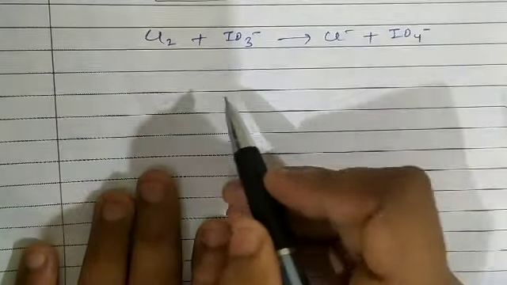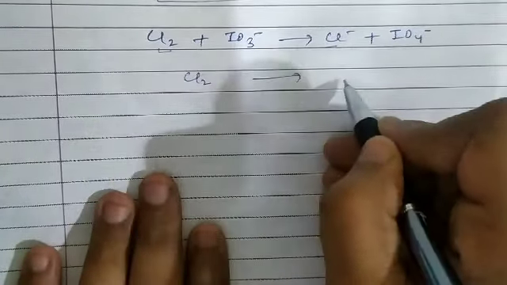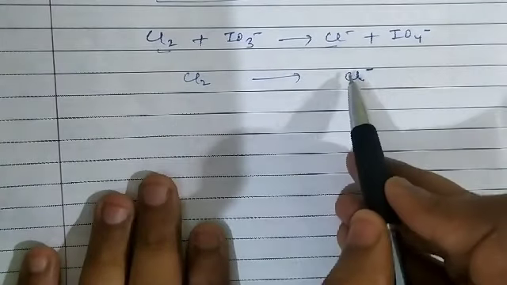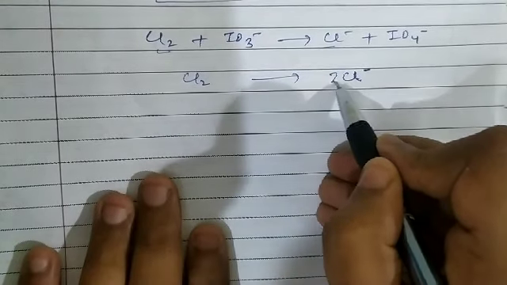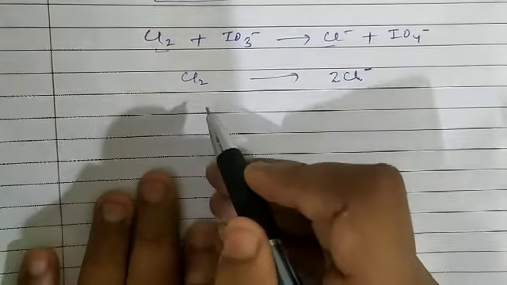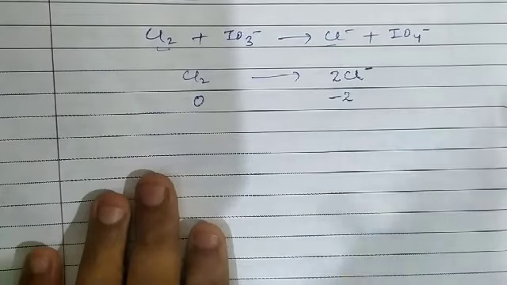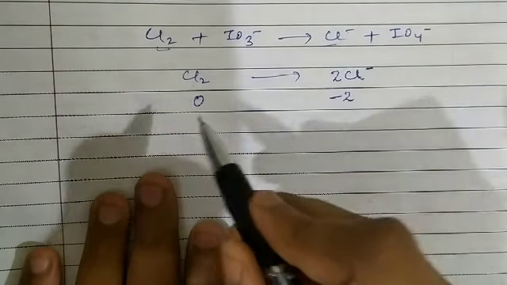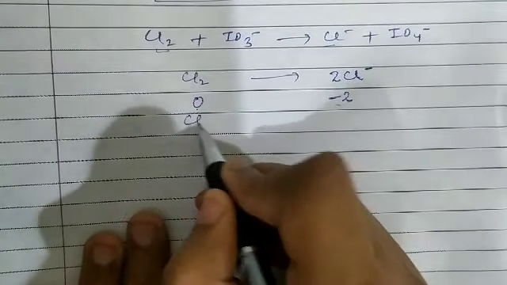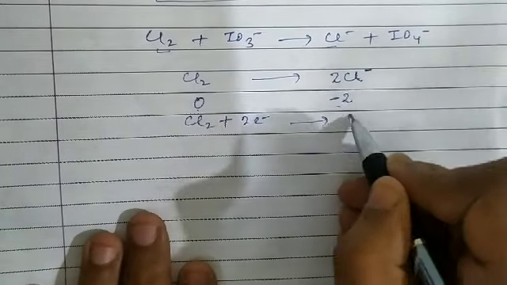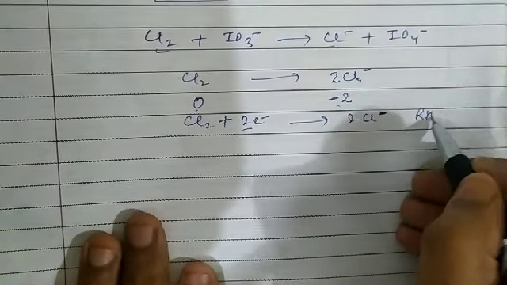See the first half reaction. The first half reaction is Cl2 changes into Cl-. First of all, balance atoms other than oxygen and hydrogen. So 2 chlorine atoms are there, now balance the 2 chlorine atoms. Chlorine is in standard form, therefore the oxidation number is 0 on the left, and on the right the total is -2. So balance the oxidation number by addition of electrons. So it will be Cl2 plus 2 electrons changes into 2 Cl-. The first half reaction is balanced, with a gain of electrons, therefore we call it the reduction half reaction.